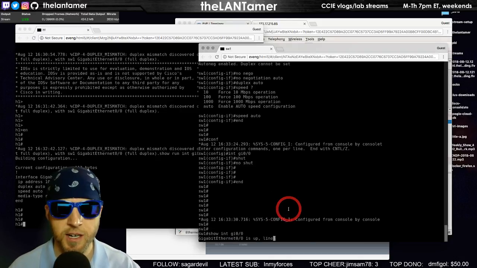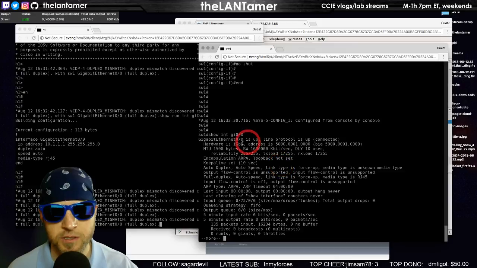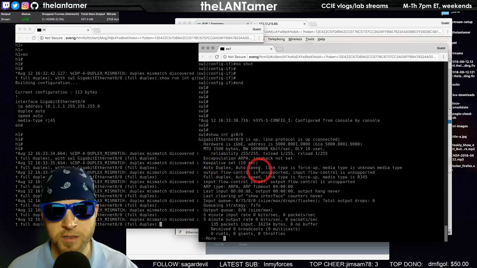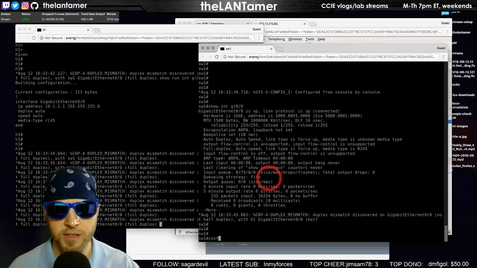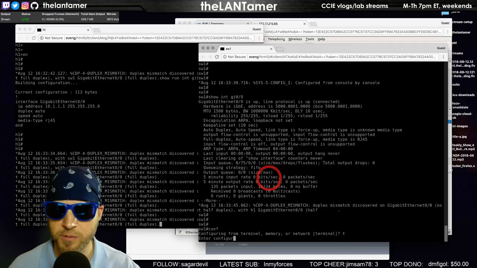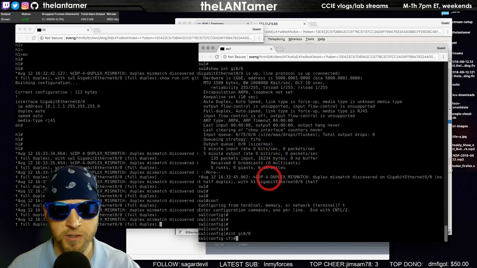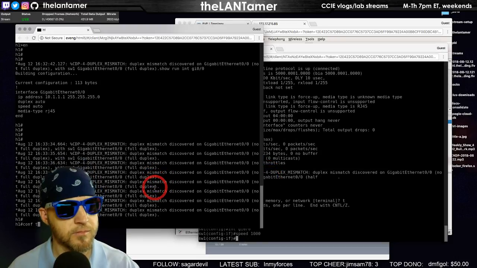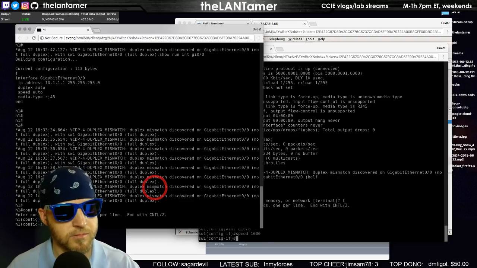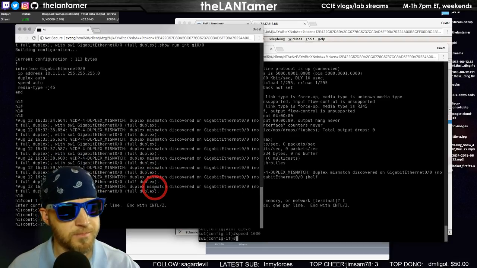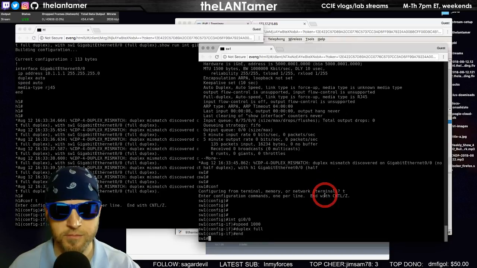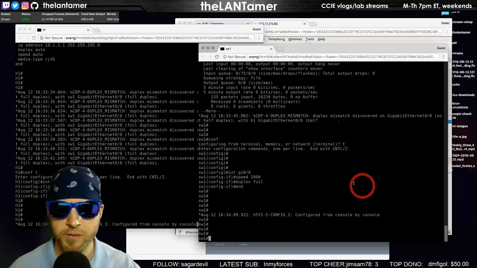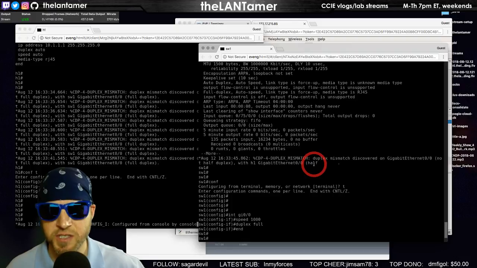Show interface GI0/0. I've gotten this from time to time with this image. Link type is force up. Yeah, why is that? Okay, let's just change it. I'm going off on a little bit of a tangent here. GI0/0, let's go speed 1000, duplex full. We'll see if our messages go away. This is probably just a software issue, folks.